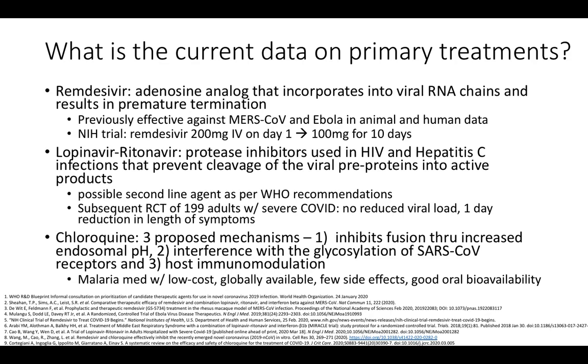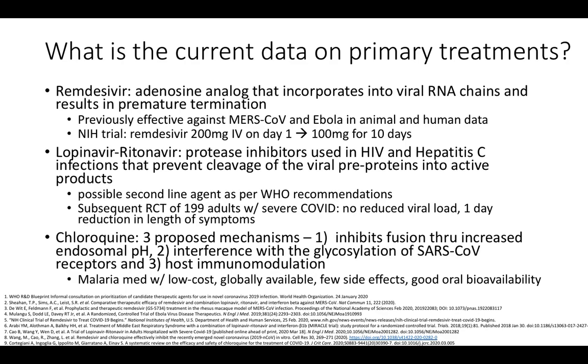We have remdesivir. Remdesivir is an adenosine analog that incorporates into viral RNA chains and results in premature termination of the viral RNA. According to the World Health Organization, it is the most promising medication for treating coronavirus at this point. It's previously shown efficacy against MERS-CoV and Ebola in both animal and human data, which is linked below. And the NIH is also administering a trial for remdesivir, 200 milligrams IV, followed by 100 milligrams for 10